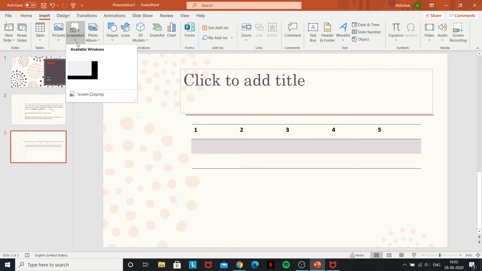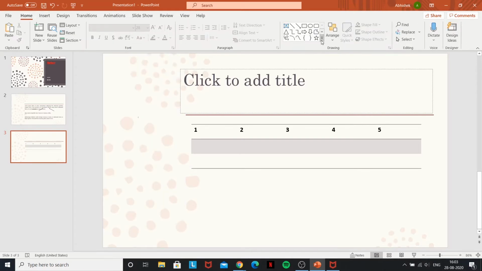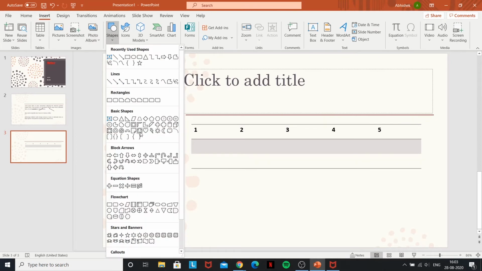So next you can go to screenshots. This is also a simple feature where you upload a screenshot that's on your laptop. You can use that. Photo album is very similar to pictures. It's just images that are already on your computer. These are very, very interesting tools because they can be used to do a variety of things. So shapes are just generic shapes. It's the same as the shapes tool on the home page. So this tool right here, drawing these shapes, it's exactly the same. So if you want to add anything like arrows or like your basic shapes, you can add any of those.